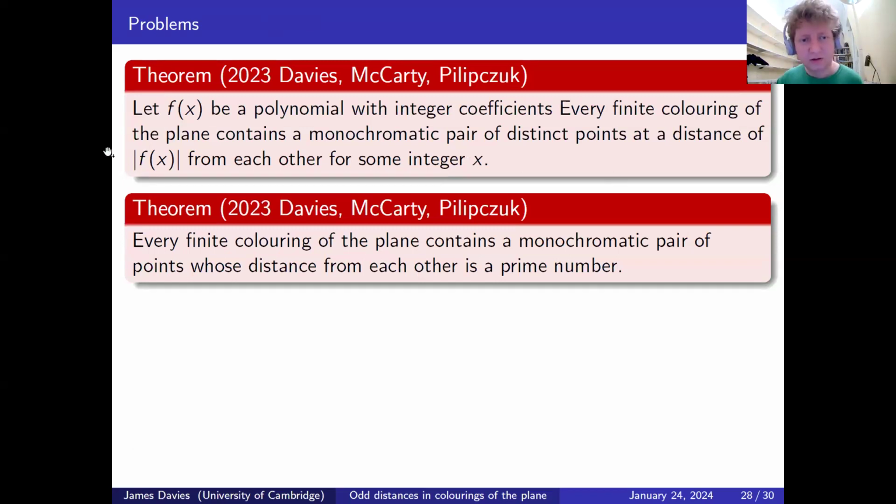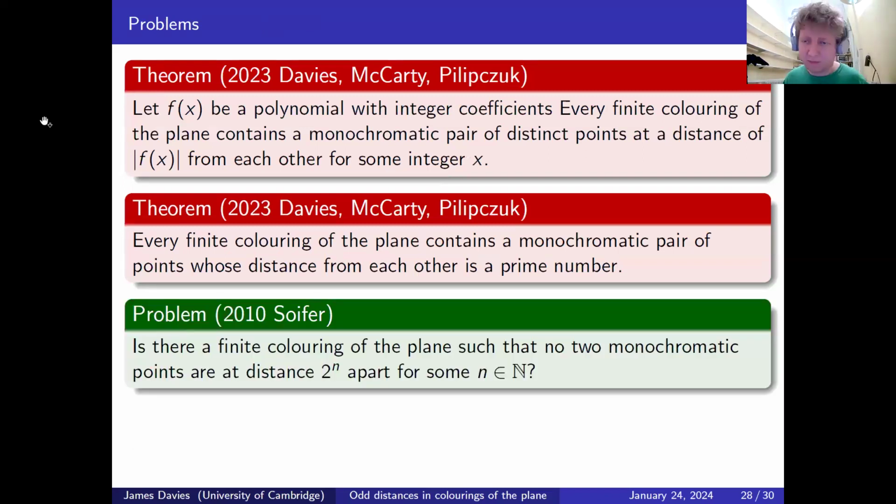Okay, so we now have quite a lot of distance sets, these odd polynomial primes, so that this distance graph on the plane will have infinite chromatic number. But we can ask about a different kind of distance set. One that was asked a bit ago was what happens if we're just forbidding powers of 2 as distances. So is there a finite coloring of the plane so that there's no monochromatic pair of points whose distance is a power of 2 to the